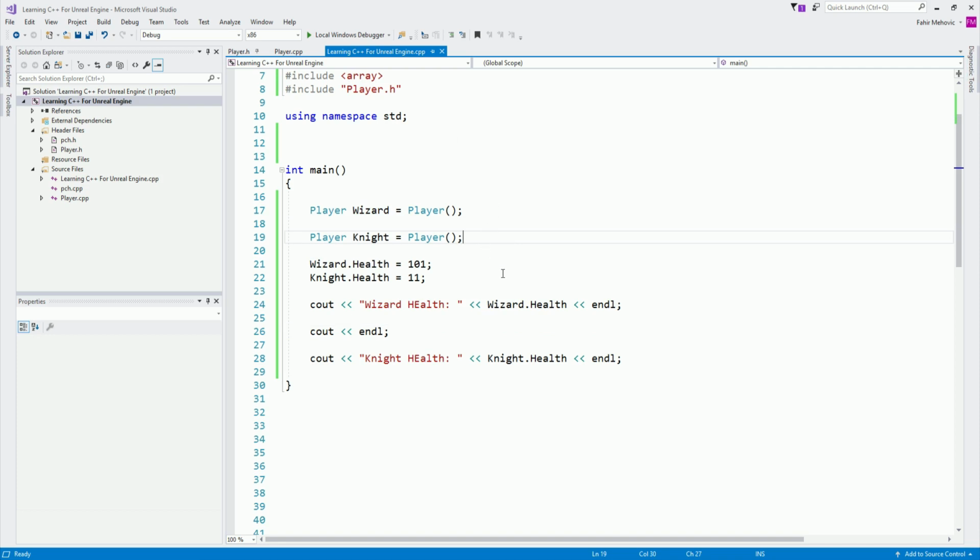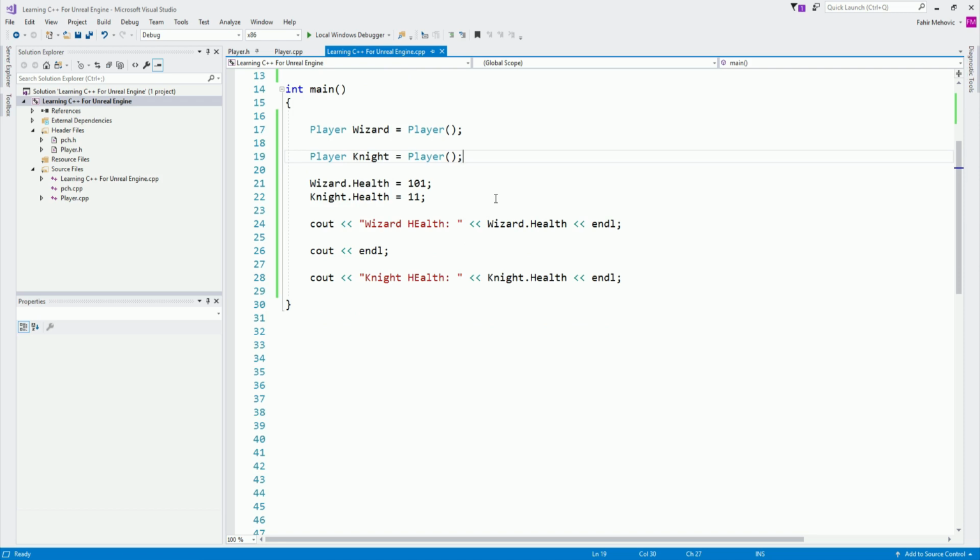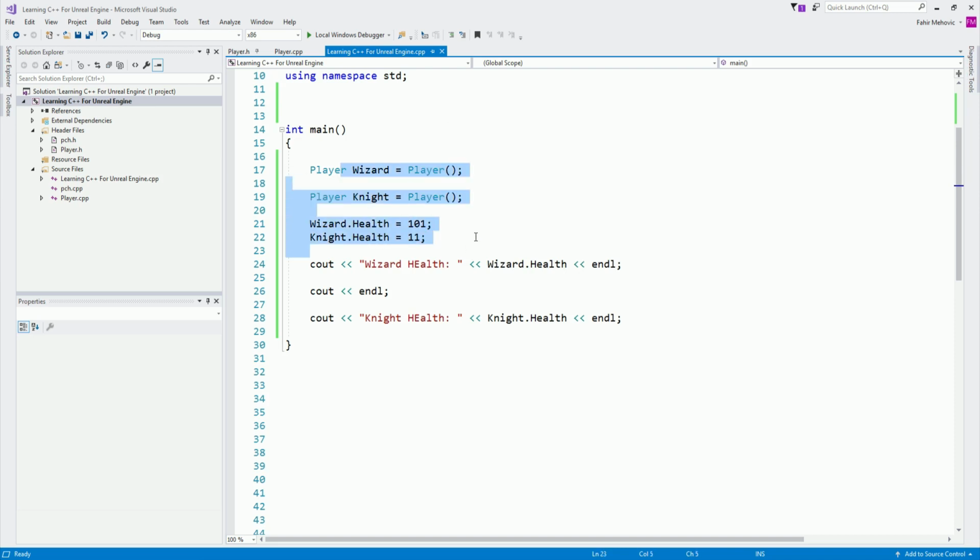This is how you will create or define your character in your game. If you have a class that is going to define your character in Unreal Engine, you will define it like main player, give it its attributes, give it its values, like health, power, mana, skill set, functions to move, attack, and so forth, and then we will be able to create multiple players from that same class.